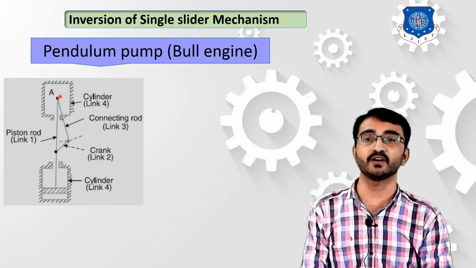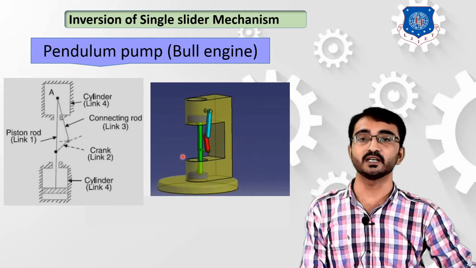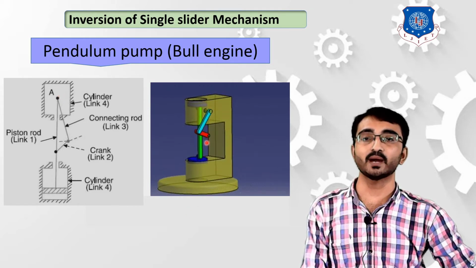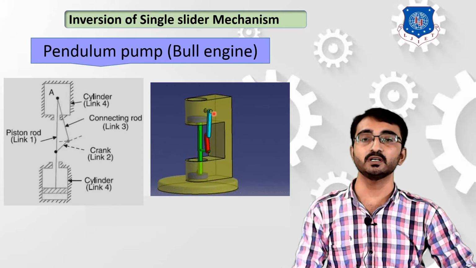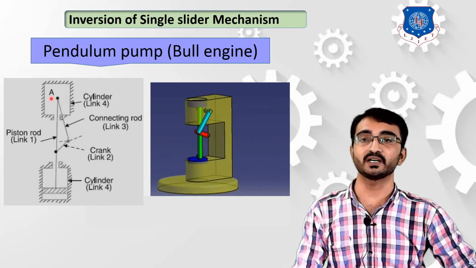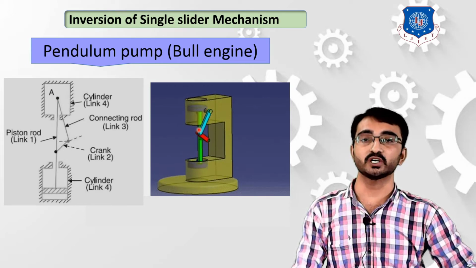Okay, so now let's refer to the working of this mechanism. So how will it be working? Over here you can refer that you are providing your motion to this red point, that is your crank link. So let's identify one by one. First, your fixation point over here at A. Now with respect to this fixation point, your connecting rod is producing motion, and to produce motion of this connecting rod, you are giving input to this crank.